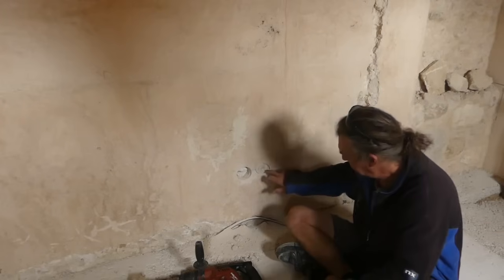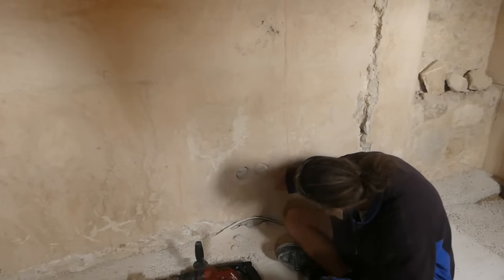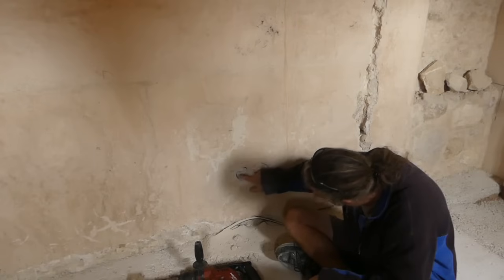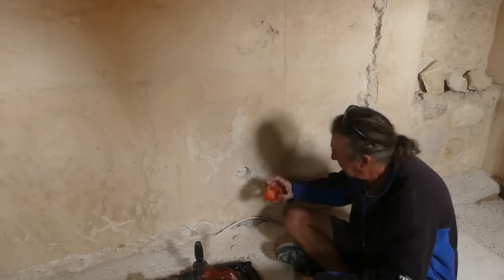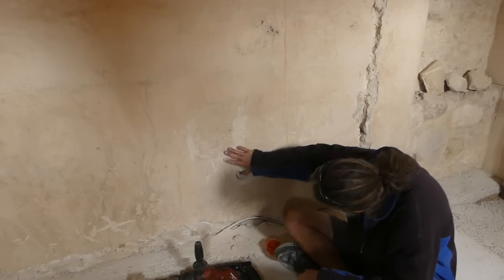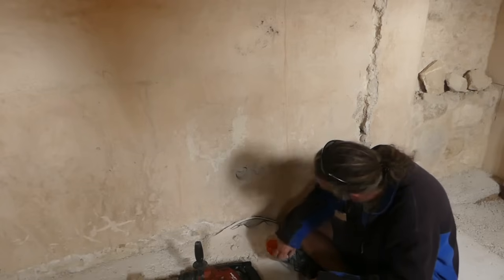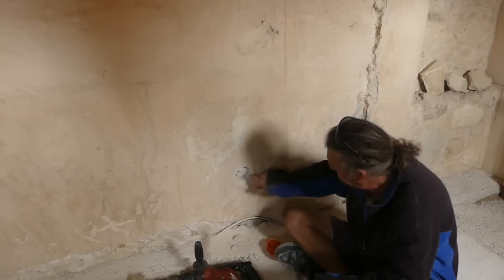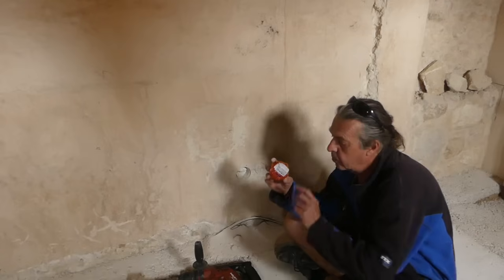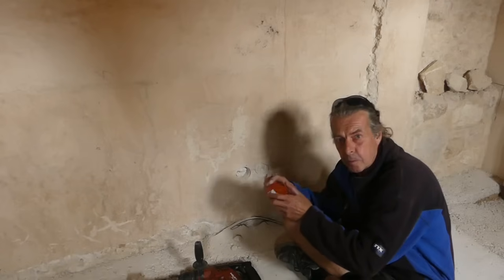The first attempt was an absolute disaster. Must have hit some marble because I was there for ages, it wasn't going in. The second attempt, super. I've got the depth that I need to put my little back box in. I just need to clear out this stuff in the centre there, so I'll get my hammer and a little chisel and we'll just knock that out and make our hole. I've gone a little bit deeper than the socket, so there's decent amount of space behind for